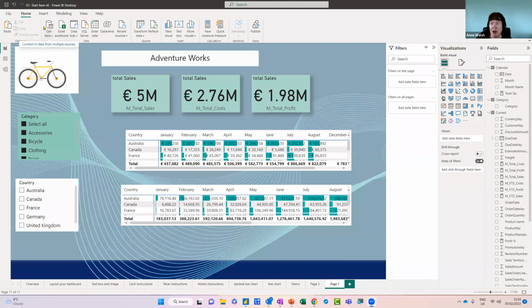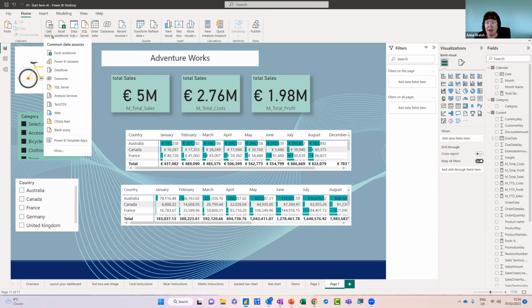To answer your question, it can be in any of those formats. It can be Access, it can be Excel, maybe not Word, although I have done something in Power Query from Word once, which was fun. It can be in any kind of format. If you go to the home, what you're looking for is home, and then get data, and you'll see all these ones here, like analysis services. But if you go into more,